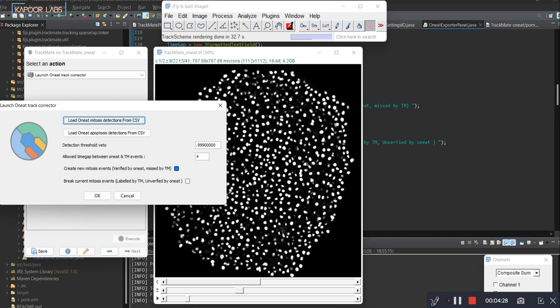And then you have these two options of correcting the tracks. Either you create new mitosis events, which are the events which have been verified and they exist in this Oneat file, but TrackMate missed them. Or the other option is to break the mitosis events. That is, if TrackMate says it's a division, but Oneat says it's not a division in this plus minus 4 time frames, you are going to break that link and not have that as a division. And then you press OK,